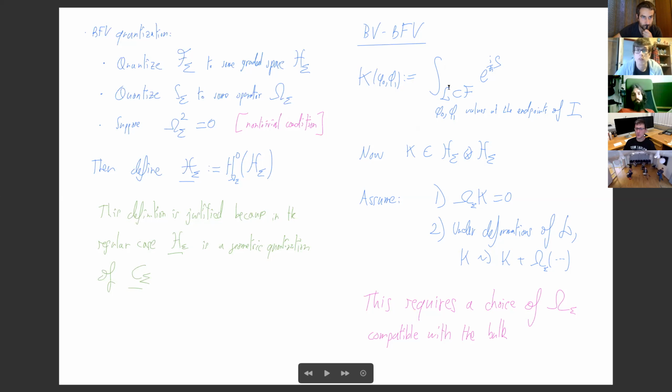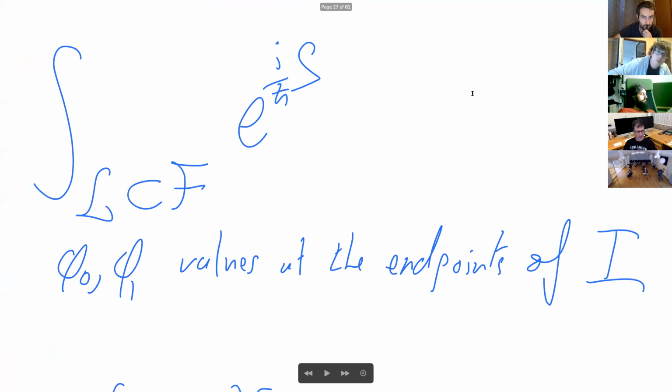Okay, so now there are two Lagrangian submanifolds that come into play. There is a Lagrangian submanifold of the space of bulk fields. This is used for the gauge fixing, and